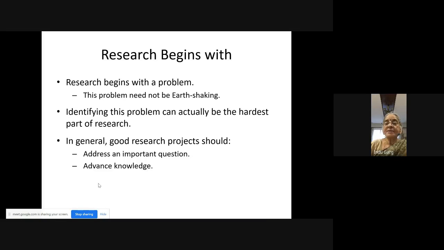So research always begins when there's a problem. When you find you have a problem, and let me tell you, this problem need not be earth-shaking. You are teaching reading to your students, and you realize at the end of a week or so that some children are still reading very badly, or they are not able to read in a flow, and you find that reading is a big problem with nearly 50% of your students. You are trying to teach fifth standard students the right flow of reading, and they are not able to read. Now you want to find out, what is the solution to this problem? How am I going to make these students read?